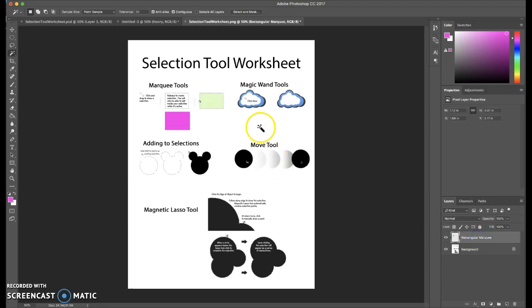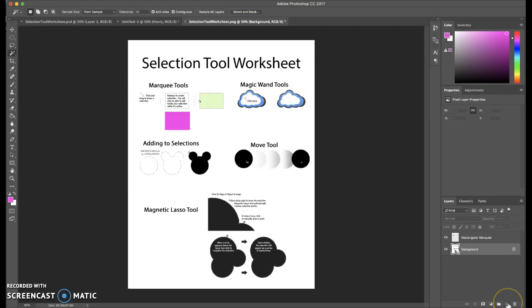Because watch, if I click on this and I click on the background, it's going to select everything but this little rectangle that I created just because of the way that layer is set up. So I'm going to deselect that by hitting Control D, and now I'm going to make sure that I have activated my background layer, which I have. So now I'm going to just click as a way to practice using my magic wand tool. I'm going to click in that white area. Okay, great, right? Actually, I'm going to deselect that one, and I'm going to click in this cloud area,